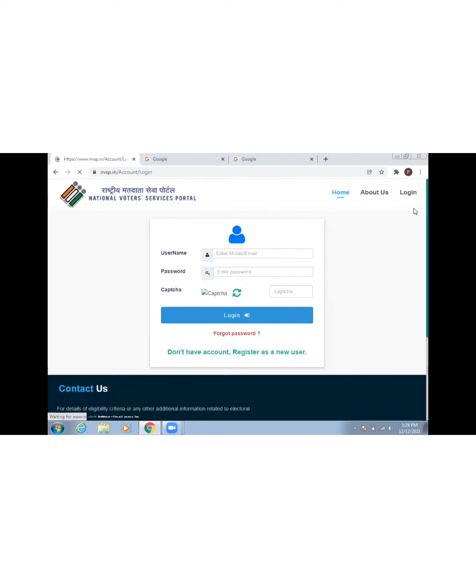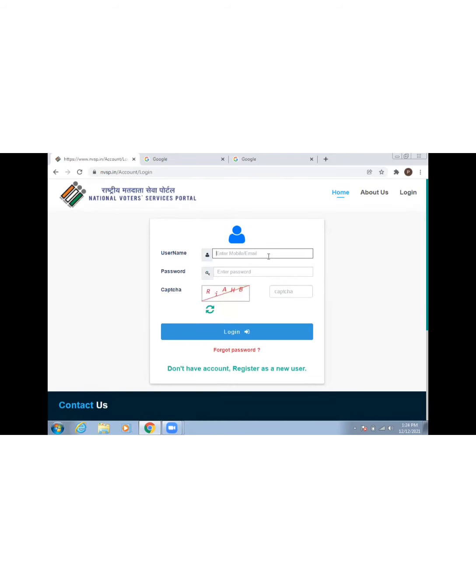So yeah, when you click on this login, I'll enter my email ID. After entering your email ID or phone number, enter your password, then enter the CAPTCHA.